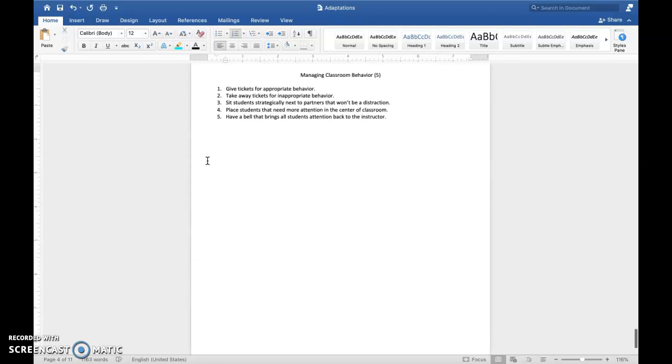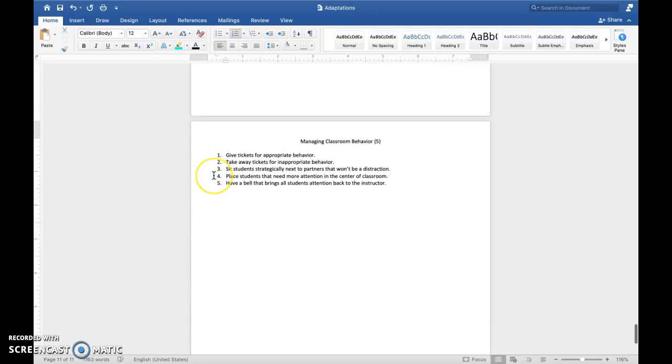And now my last one is for managing classroom. I said give tickets for appropriate behavior. So these tickets could be used by students in exchange for prizes. This would be kind of like an encouragement, like, oh, thank you for pushing in your chair, here, one ticket, or thank you for participating, or thank you for helping your friend. So this would be a nice little incentive for students to continue to be good students in the classroom